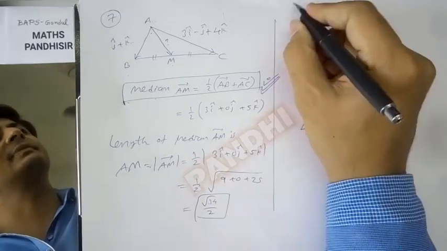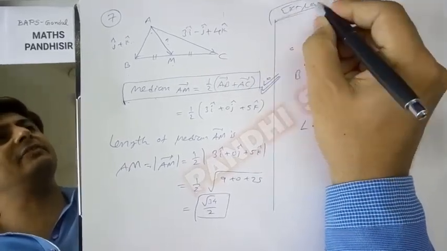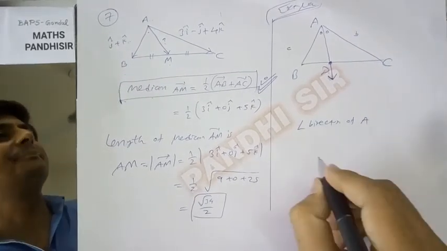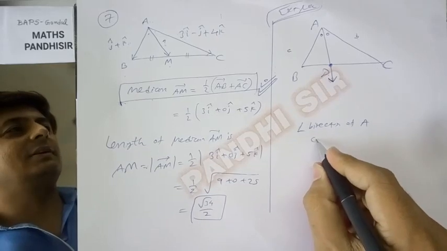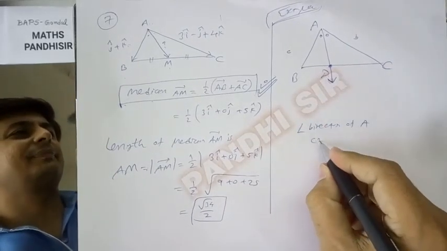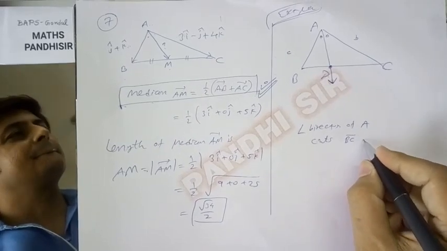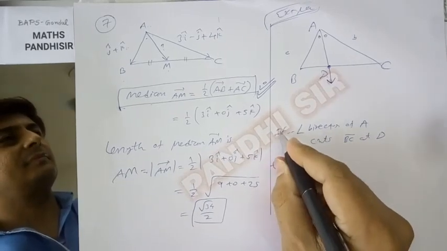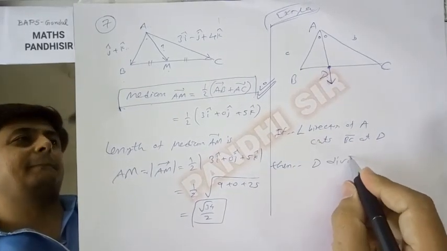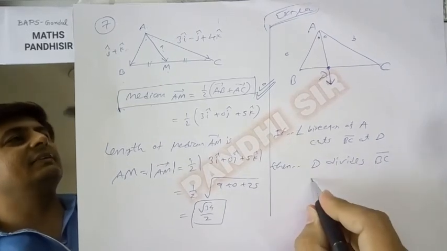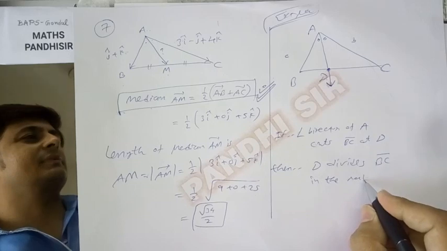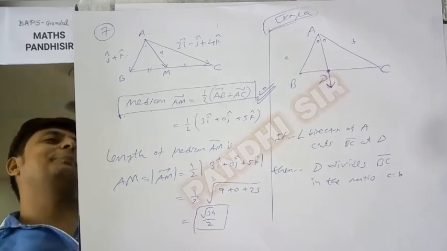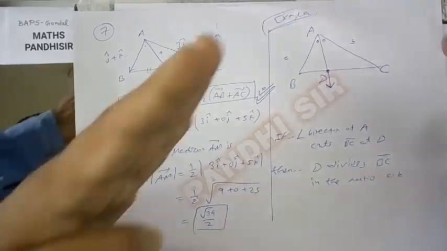So angle bisector of A, एक्स्ट्रा डिस्कशन है, NCERT में तो नहीं है। एंगल बाइसेक्टर ऑफ एंगल A cuts opposite side at D, then D divides BC in the ratio c is to b। ऐसा क्यों हुआ, ये आप लोगों ने पढ़ के रखा है, सिमिलर ट्राइंगल्स, ये दोनों का रेशियो और ये दोनों का रेशियो इक्वल।